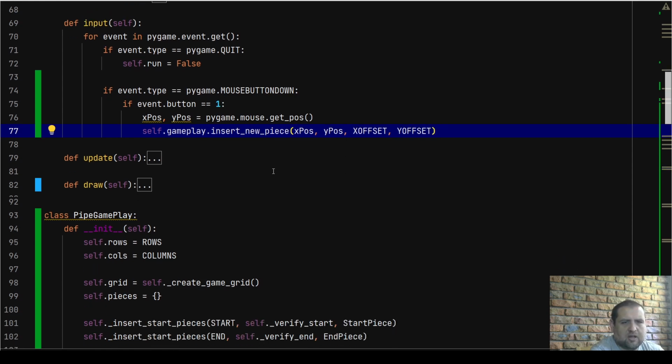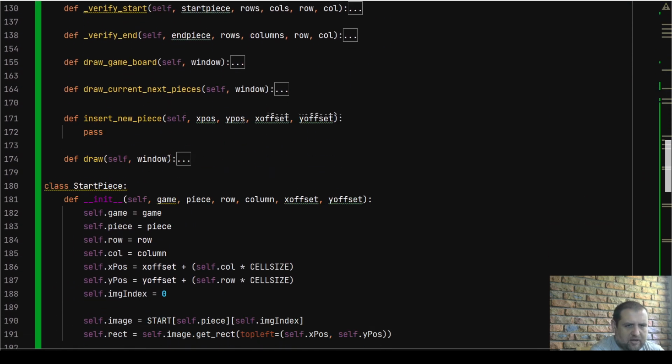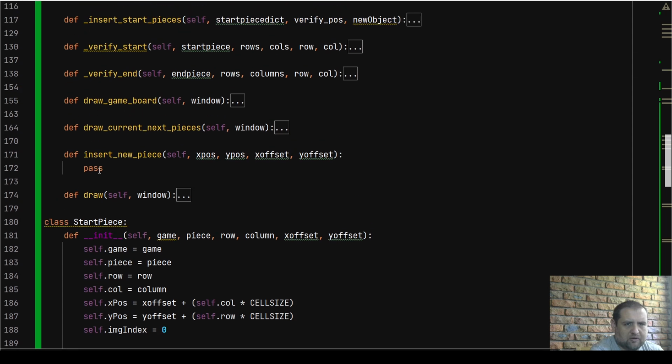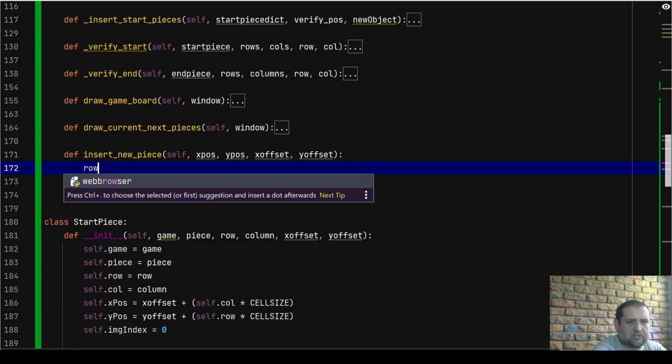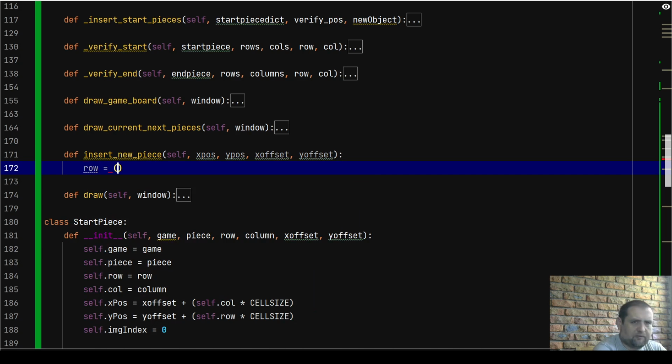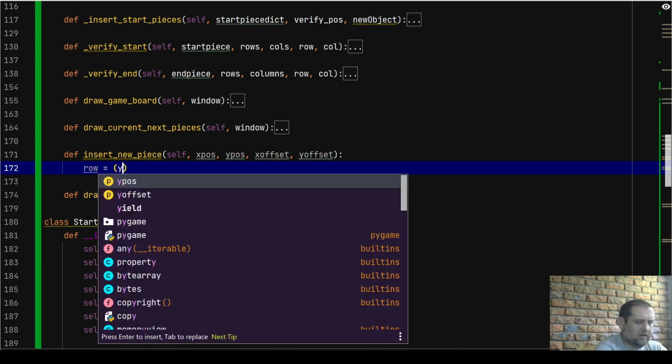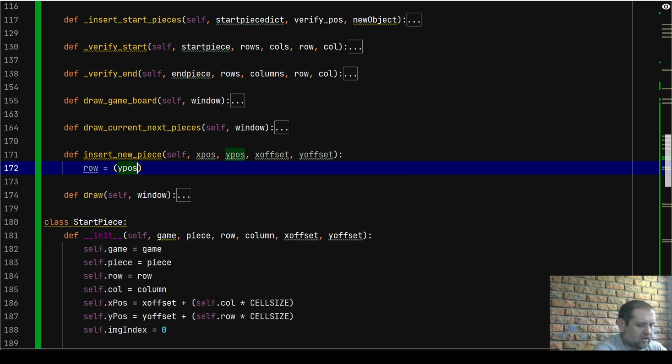self.gameplay.insertNewPiece method. So now let's go back to our PipeGameplay. Let's go down to the insertNewPiece that we created where we just wrote pass, and we're going to put in the code to insert a new piece. The very first thing we need to do is check that our X pos and our Y pos is actually within the game grid. To do that, we're going to define a row variable,